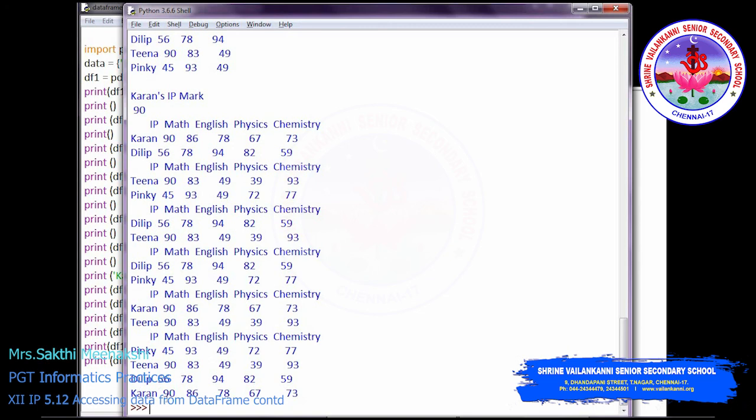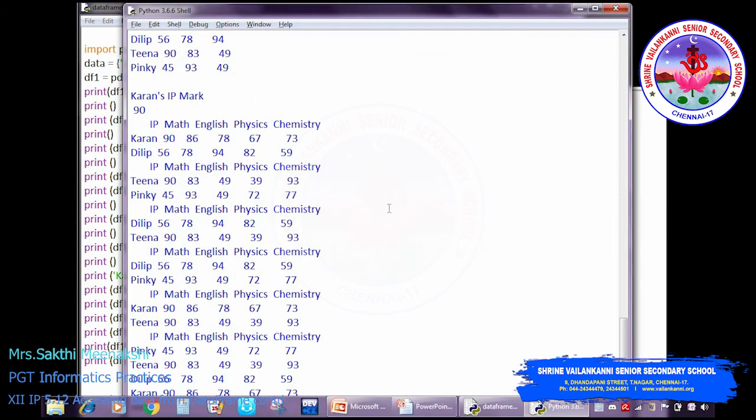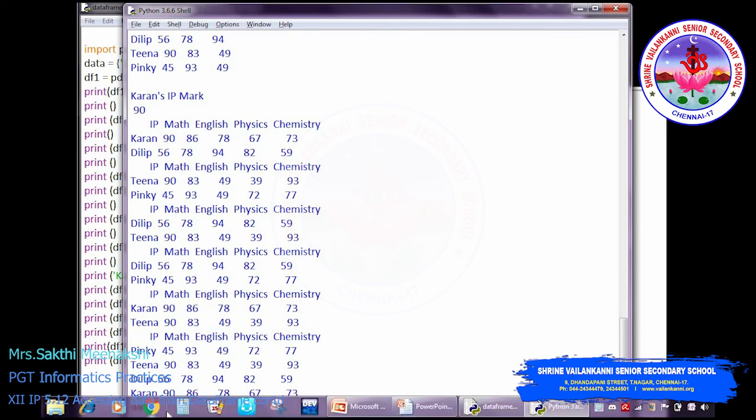Okay, so this way we can also use the slicing operator, but notice the difference, we cannot filter the column values. So we can have the slicing operator only for the row index. Okay, so that's why we have iloc. Using this one we can mention the row and then the column as well.